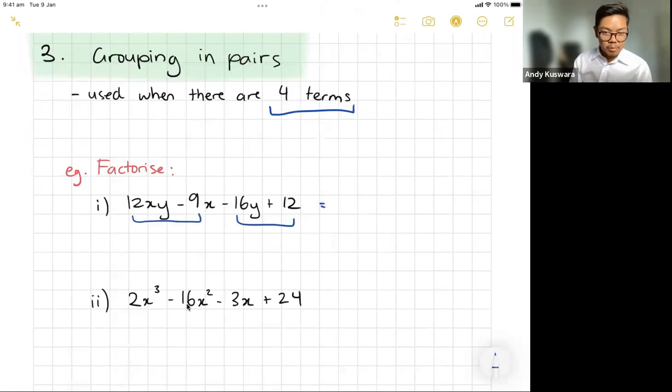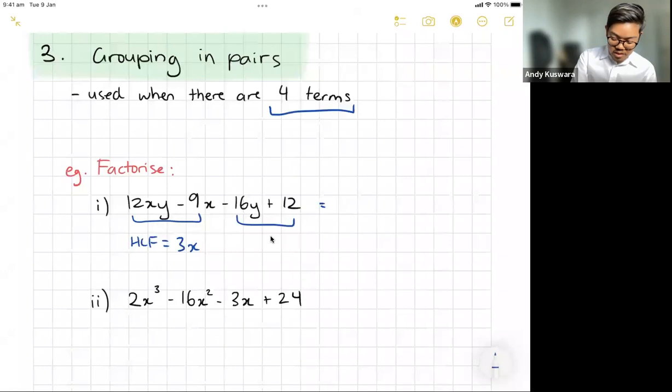So if I'm looking at 12xy and 9x, I can see here that my highest common factor is going to be, I can see 3 will go into 12 and 9. And then between the two of them, the letters, I can see that the x is common. So I can see there's the 3x here. Now, if I'm looking at the other one, I'm looking at the 2 numbers. I've got 16 and 12. I'm going to say probably,